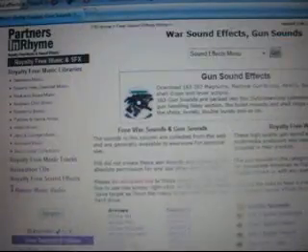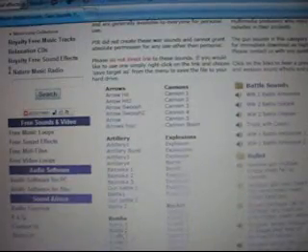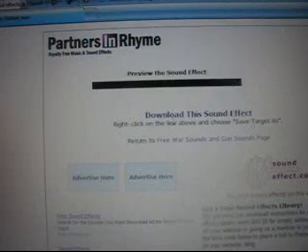Okay, so here's a whole bunch. You can search it in the search box they have here. But let's see, I'll just go to one of them. And it gives you the clip before you download it, so then you know what it sounds like before you download it. Okay, so that's what it sounds like, and you know the steps to downloading, so just do that.